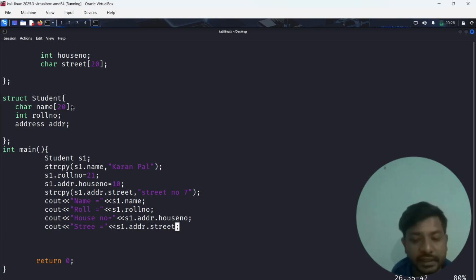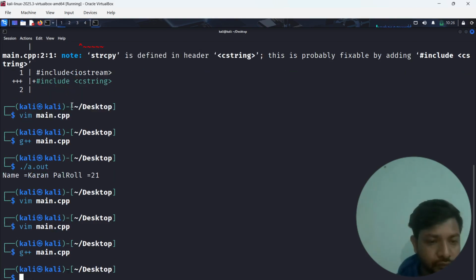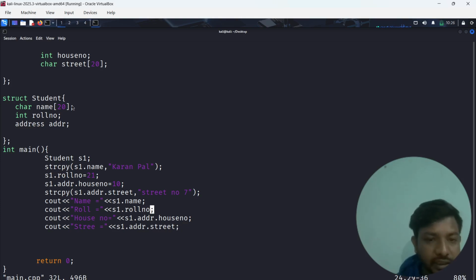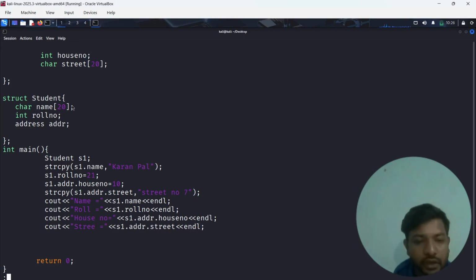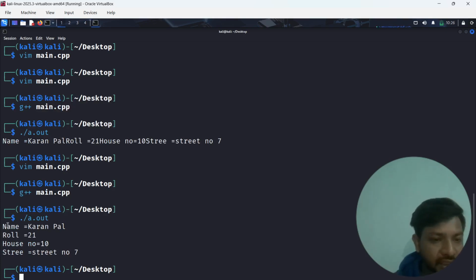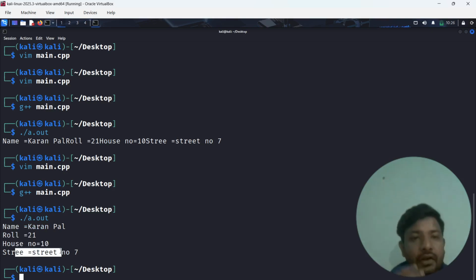Okay, let's run this code, there is no issue। Okay, all the details are coming, so what we can do, we can add endl, so it will break the line, endl, endl, endl, endl। Now see, I'm going to compile the code। Okay, it is compiled successfully and I'm going to run it। So name is Karan and roll number, house number and street number। Okay, in structure we are able to store multiple different types of values।